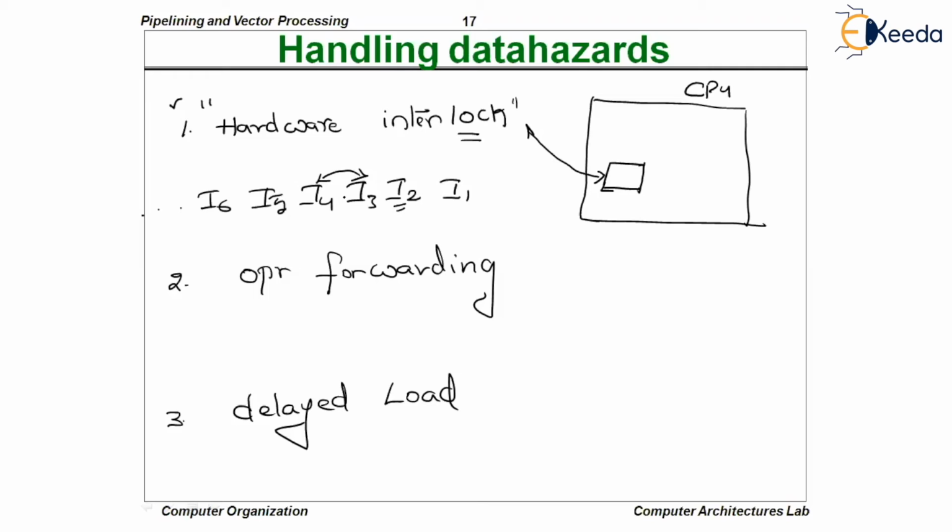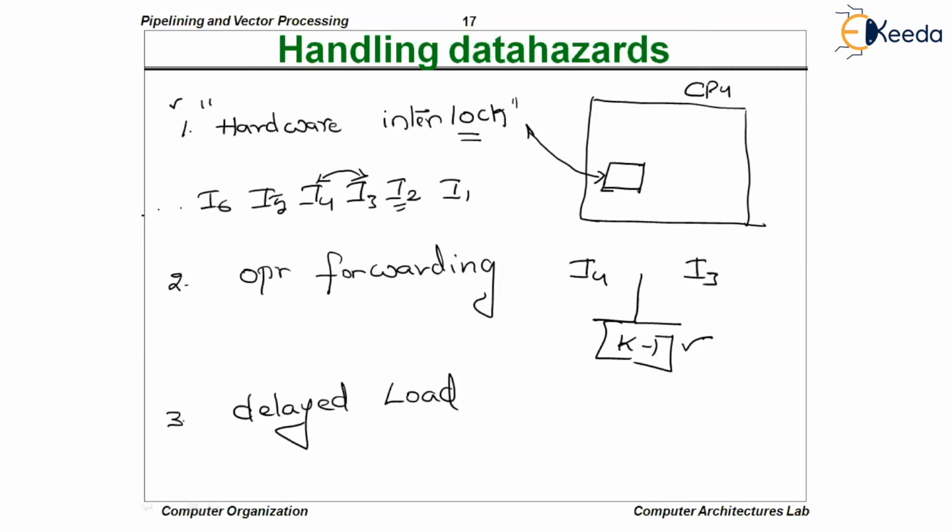If there is no dependency, fine, I4 can enter. But if there is a dependency, I3 and I4 will be separated by a sufficient number of clock cycles. It is going to implement the stall cycles in between the dependent instructions. For that, it is going to check for dependencies between every two instructions. If a dependency is found, then the hardware interlock is going to separate those two dependent instructions for